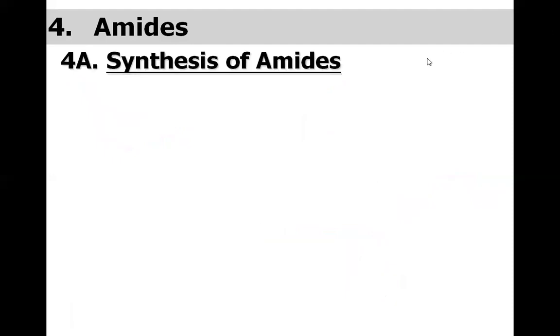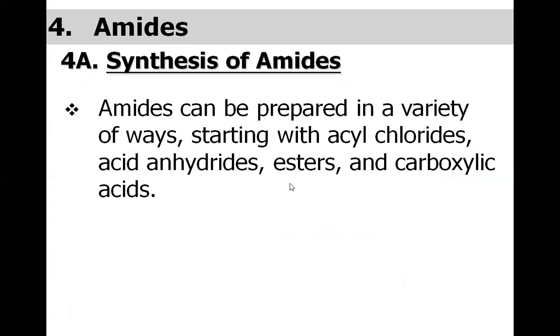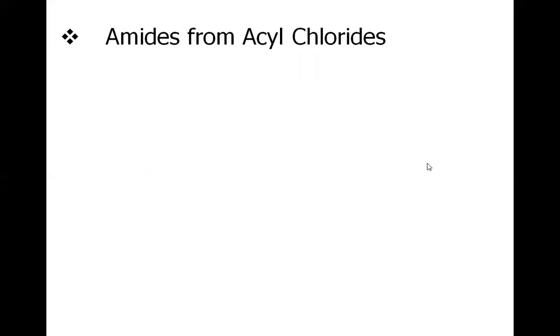Now let us discuss the chemistry of amides. Amides are least reactive carboxylic acid derivatives, and for the synthesis of amide, we have different methods, because we know when acid chlorides, which is very much reactive, and acid anhydride is also reactive, second in ranking, then ester. So we have the acid chloride, acid anhydride, and ester used for the formation of the amide. We may also use the carboxylic acid, which we will discuss. So let us start stepwise.